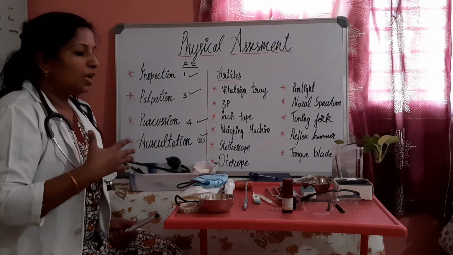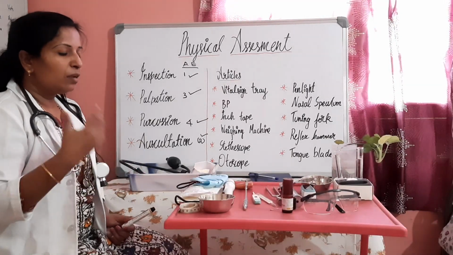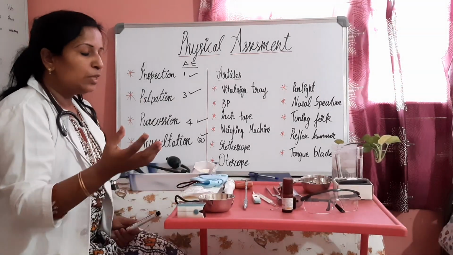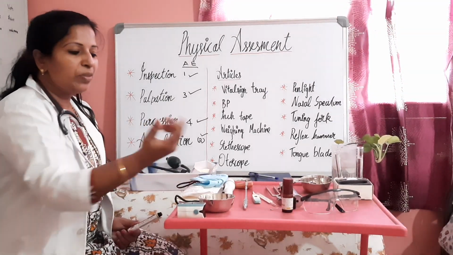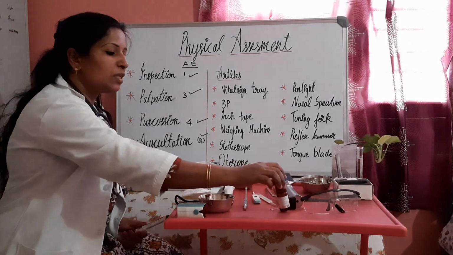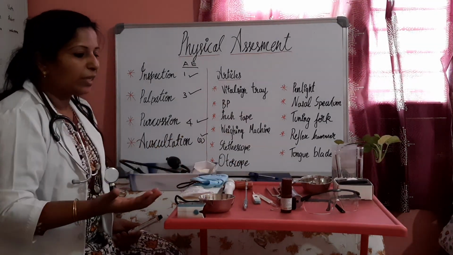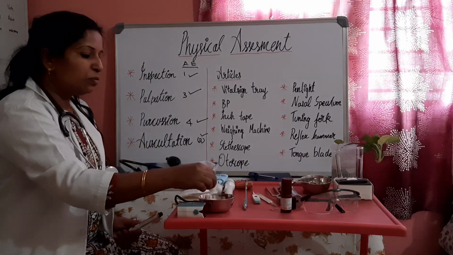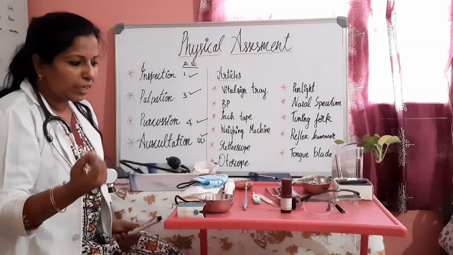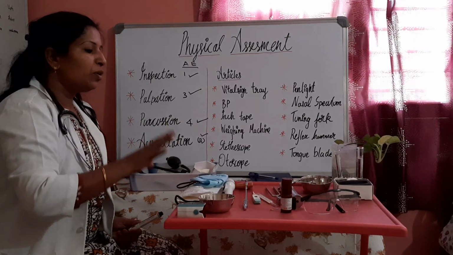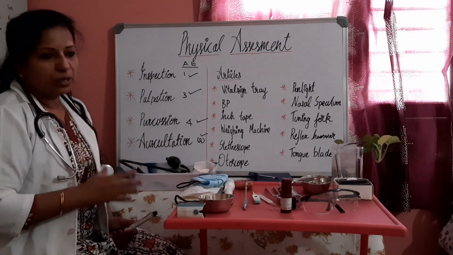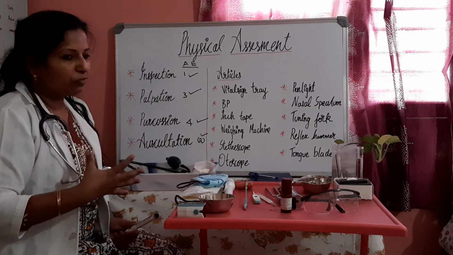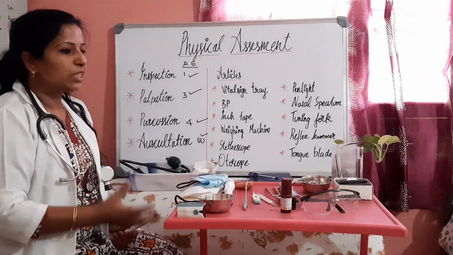Apart from that, you should have the articles which may be needed, such as the pulse oximeter, and also something to assess the sense of smell. You can have certain talcum powder or coffee powder, anything. To assess the sense of touch, I use cotton balls or any sharp instrument. Apart from that, you must have a pair of gloves, as well as a mask and facial protection if the patient is contaminated.